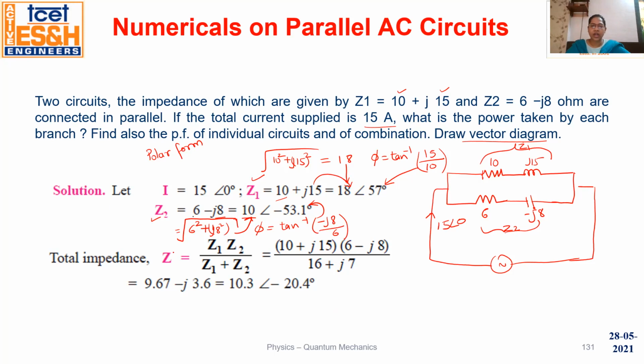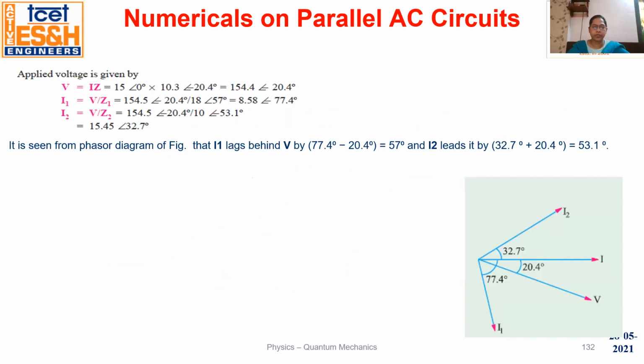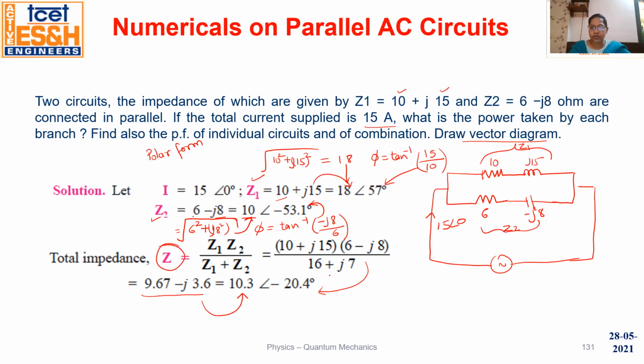Now you calculate the value of the parallel impedance. So write the values of the impedances here. See, these are the two, and this is Z1 plus Z2. When you solve this term, you will get this, and you again convert it into polar form. So we have the values of Z1, Z2 and total Z.